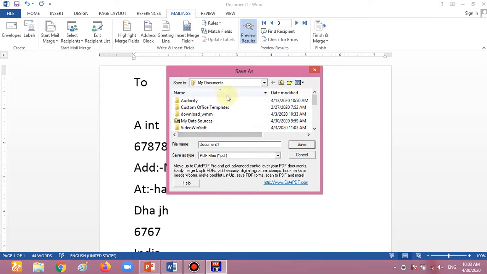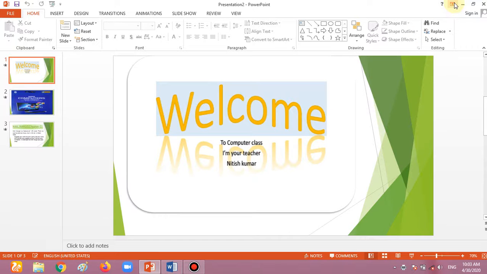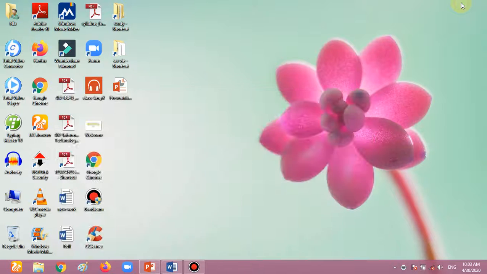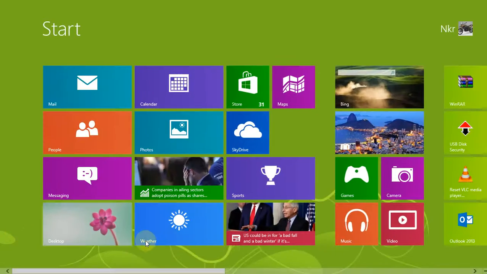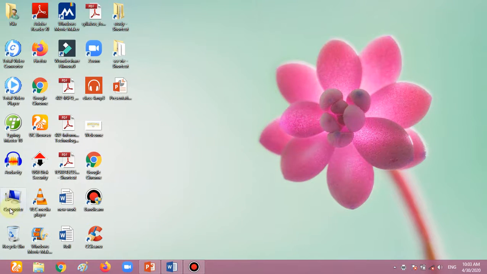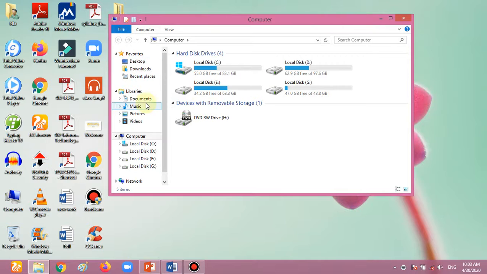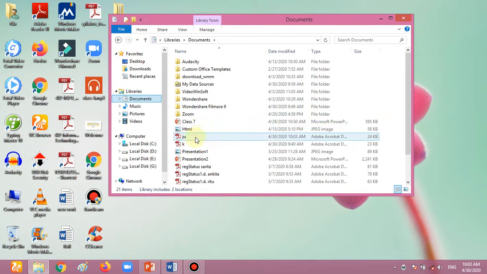When I do this, it shows the printed document name. I am giving any name, JU. You can give any name, it's not mandatory to give JU. And also remember where your location is. My location is my document. Always see the location and click on the save option. I am clicking the save option. Now I am going to the document area to see whether my work is done or not. Sorry, my mistake. In the document area, JU, this is the file which we created.